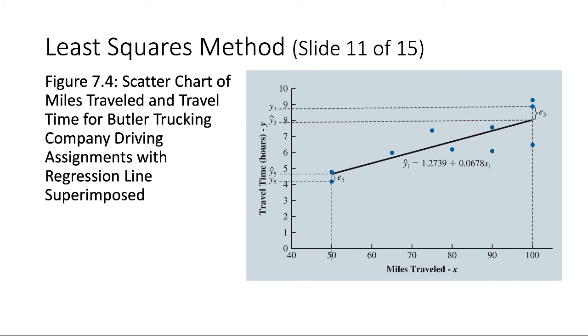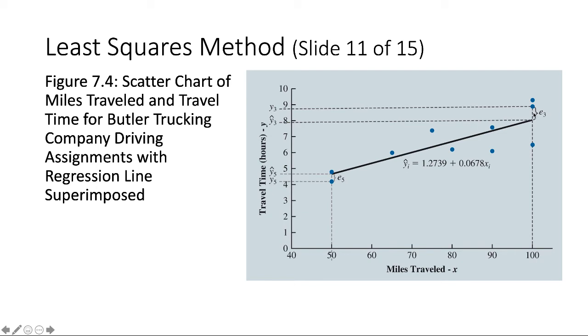This figure shows the simple linear regression line, predicted y equal to 1.2739 plus 0.0678 times x, superimposed on the scatter chart for the trucking company data. This figure also highlights the residual for driving assignment 3 and driving assignment 5, showing that the regression model underpredicts the travel time for some driving assignments, such as driving assignment 3. You can see that the residual is positive